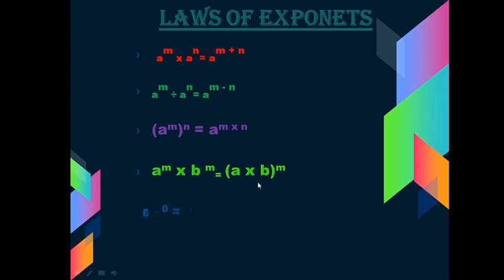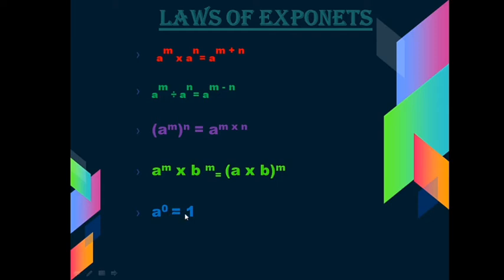Then the next is a raised to the power 0 equals 1. When a base is given as any number with exponent 0, at that time it will be equal to 1 only. So for example, if we take 2 raised to the power 0, then 2 raised to the power 0 is